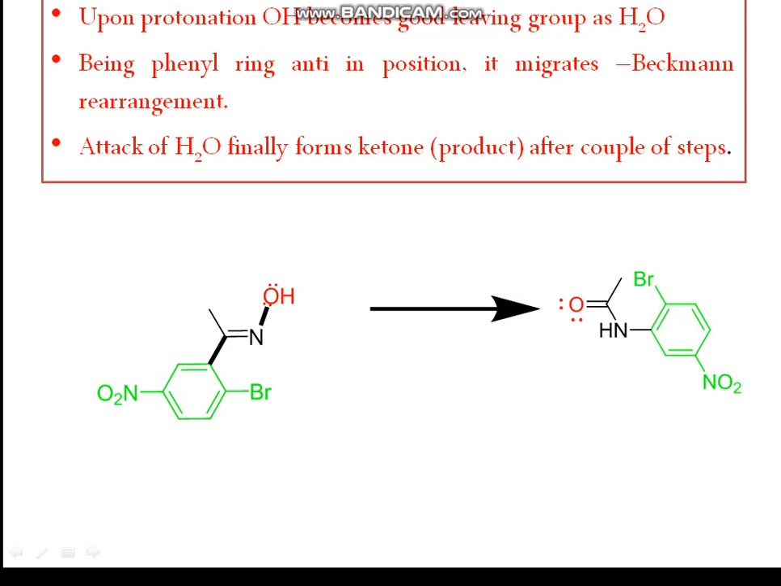So that's how we should propose a mechanism. So going for the mechanism in detail. As I said earlier, the OH gets protonated, now becoming a water molecule or hydronium ion, which is a good leaving group, so it departs. Now this departure of the leaving group facilitates the migration of a group, any group for that matter. Here you have a methyl group as well as a phenyl group, but just because it is anti to your OH group, it is the phenyl that migrates. So it migrates over here. That's what actually the Beckmann rearrangement is. So once this migration happens,